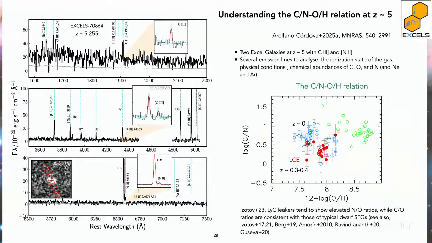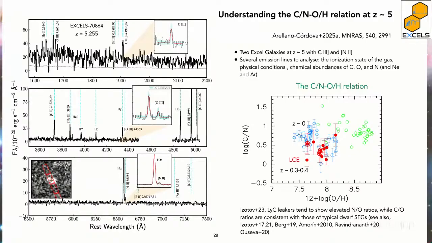So now that we have carbon and nitrogen, we can do this plot. As I told you before, carbon has similar nucleosynthesis to nitrogen, so we expect that when we compare with metallicity, everything goes in a similar way. You can see here the HII regions in the local universe at 8.5. Then you have galaxies at redshift 0. And then we have other objects, the Lyman continuum emitters, galaxies with very high ionization gas, at a slightly higher redshift than this.